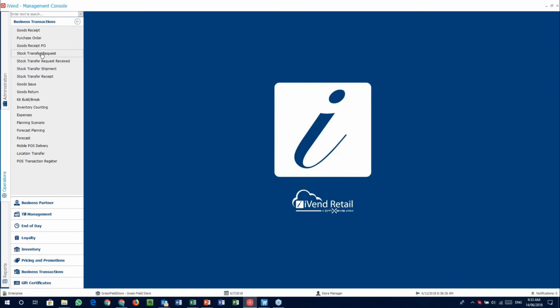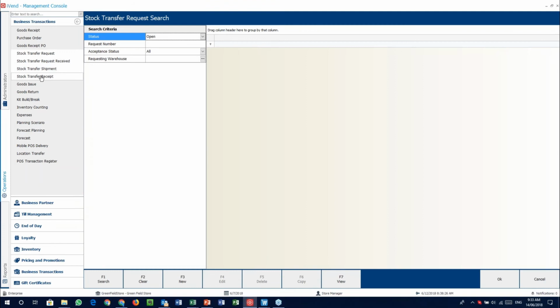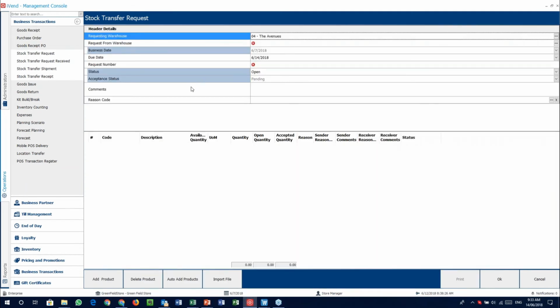Though you do want to be careful specifically around the stock transfers and stock requests. Normally when you're doing a demo, you do not have two stores set up unless it's a custom demo. And once again, there is a reason for this. People don't normally go around with two stores set up. And you have to remember that with iVend, you do actually need to have two stores set up in order to initiate and complete a stock